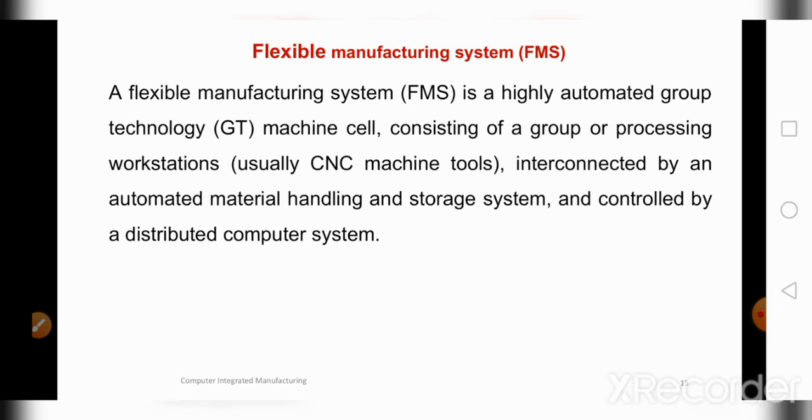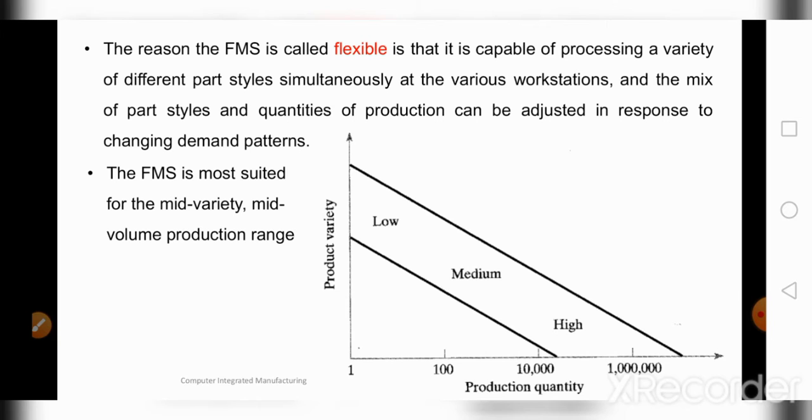It is fully automated for material handling and storage. For example, if I need a different tool, it can pick up the tool by itself and operate it, go back and store it in the same place, then take another tool and work with that one. So it is totally automated, and controlled by a distributed computer system. With a single master computer, the machines can be controlled. Such a system we call a flexible manufacturing system.